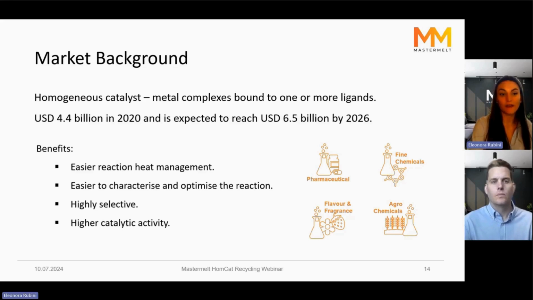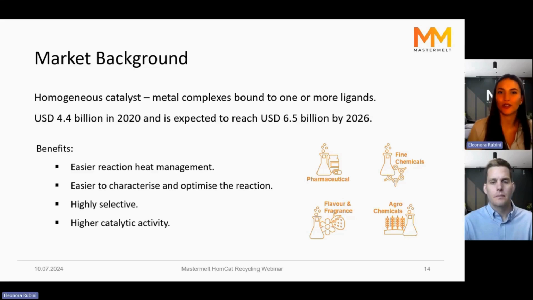And they do have some benefits. They have easier reactions to heat management. They're much easier to characterize and optimize the reaction because they're highly selective and usually they have higher catalytic activity as well. But there are some challenges because very often, as Adam was mentioning earlier in the materials, there's some